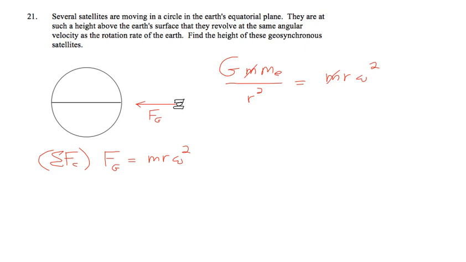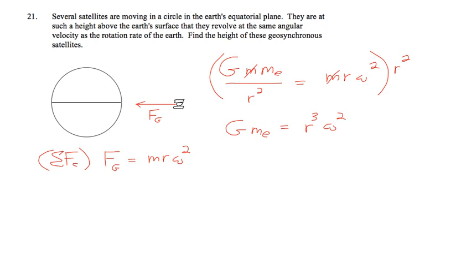Now, my unknown is r. So to solve for r, well, actually, if we just follow our algebra steps, the first thing would be, if the equation contains fractions, multiply by the least common denominator. So the least common denominator here is r squared. So when I multiply the left side by r squared, the r squareds cancel out, and I'm left with G mE. When I multiply the right side by r squared, I'm going to get r squared. Nothing's going to cancel here. I'm going to get r squared times r. So I'm going to get r cubed